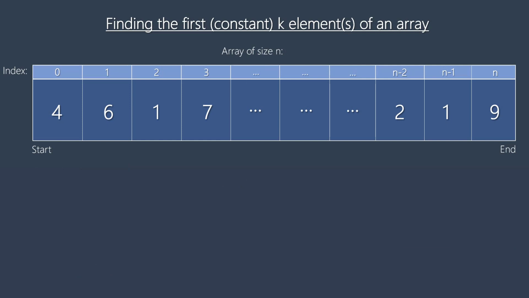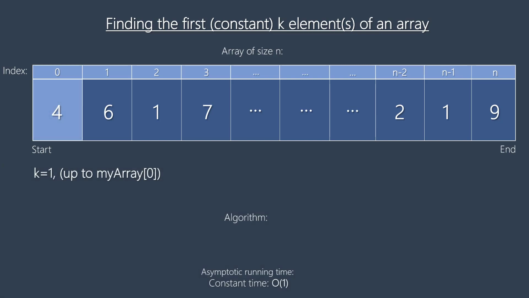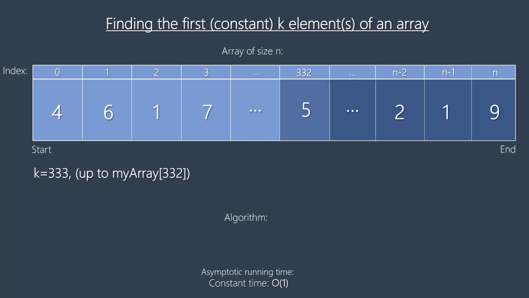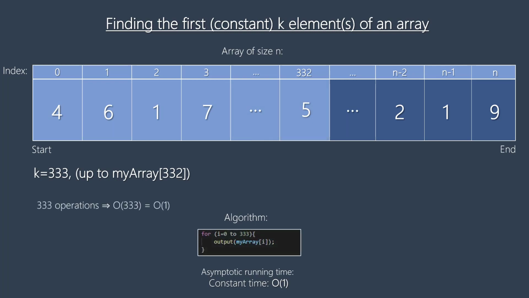However, in the general case, don't forget that we're dealing with not 10 or 20, but a very large variable integer n. So for our general case, we can have k equal to any constant positive integer that we like. For k equal to 1, we only have to compute one elementary operation to calculate our answer. Therefore, the running time of this procedure for k equals 1 is upper bounded by the integer 1. For k equals 333, we have to access the array 333 times, which will take 333 elementary operations. So the running time for this value of k will be upper bounded by 333, meaning we will have a